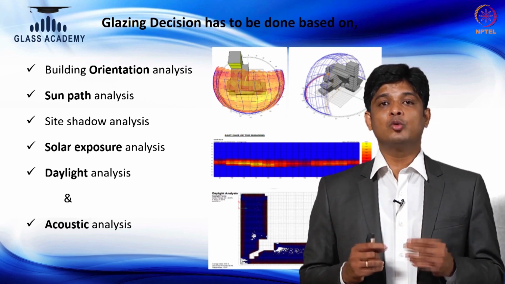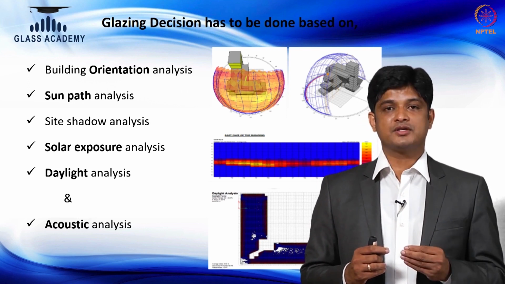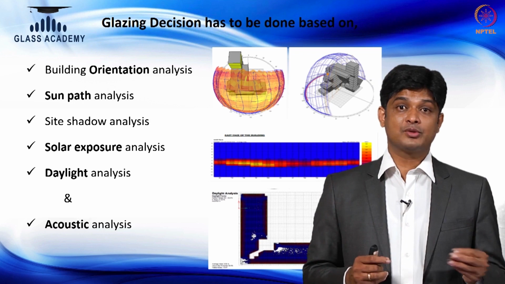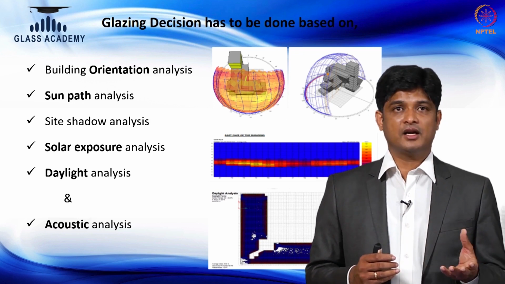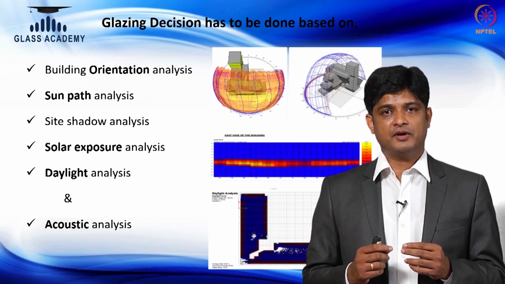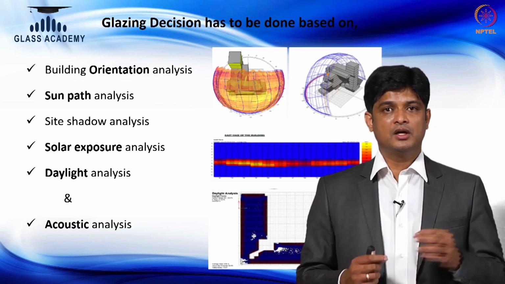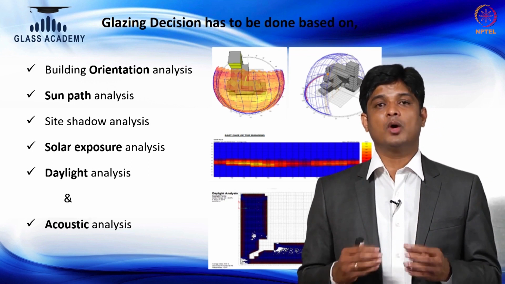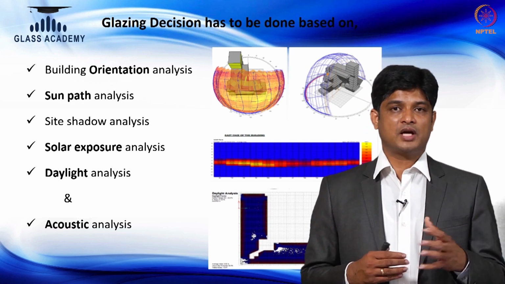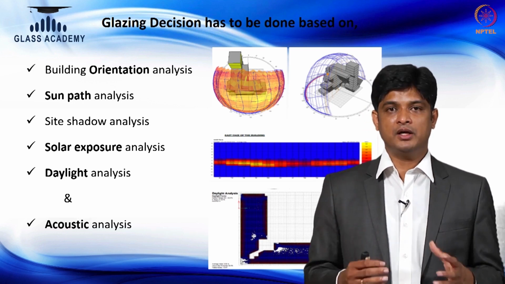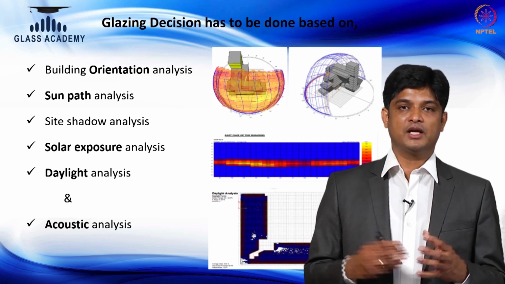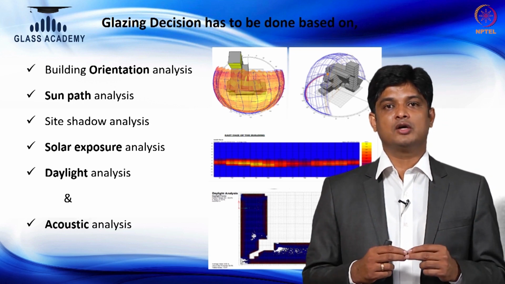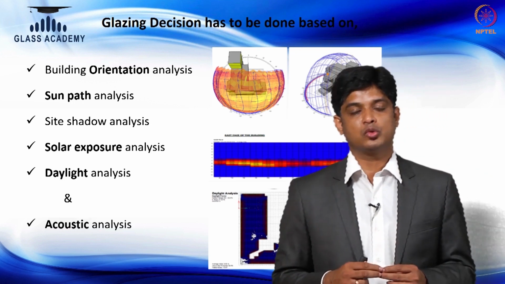Today with the modern tools available, we can do a simple building orientation analysis, a sun path analysis, a shadow analysis, a solar exposure analysis, even a daylighting analysis, which helps you identify the directions which are more vulnerable, angles which are very vulnerable, or the number of days in a year which we need to address as a constraint, or based on the kind of building or the neighboring building and their impact over the building. How can we get the benefit of the neighboring building shadows? This can be precisely understood with the technology which is available with the current tools.